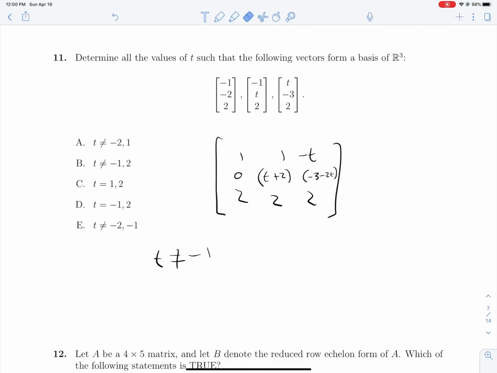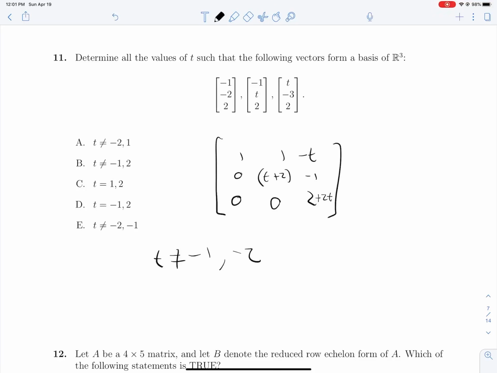But let's just show that by subtracting 2 row 1s from row 2. That gives us 0, 0, plus 2t, and that's also where that -1 behavior shows up. Let's add row 3 to row 2. That gives us -1 and gets rid of that entirely. And what can we do here? Well, if t is equal to -2,